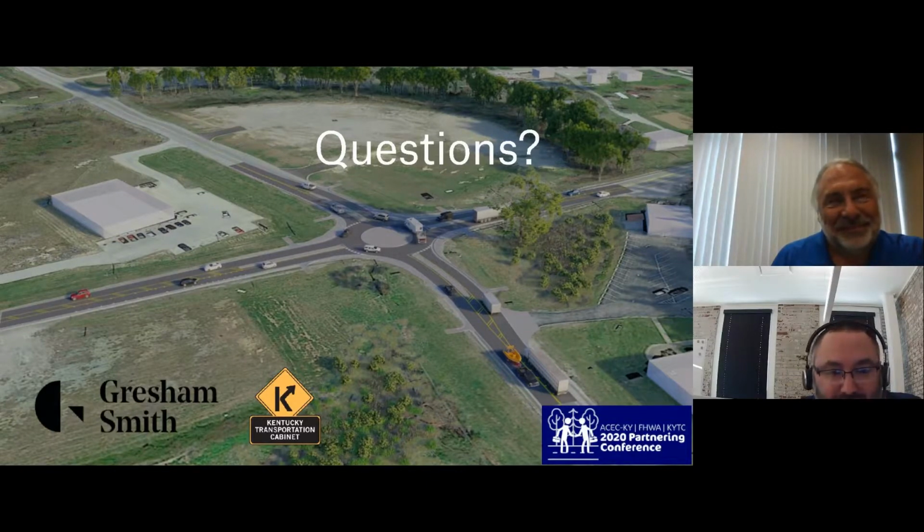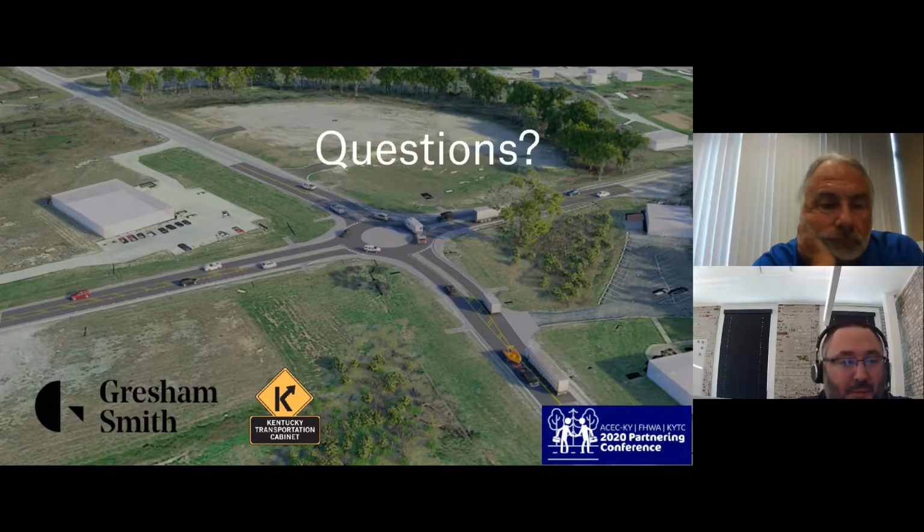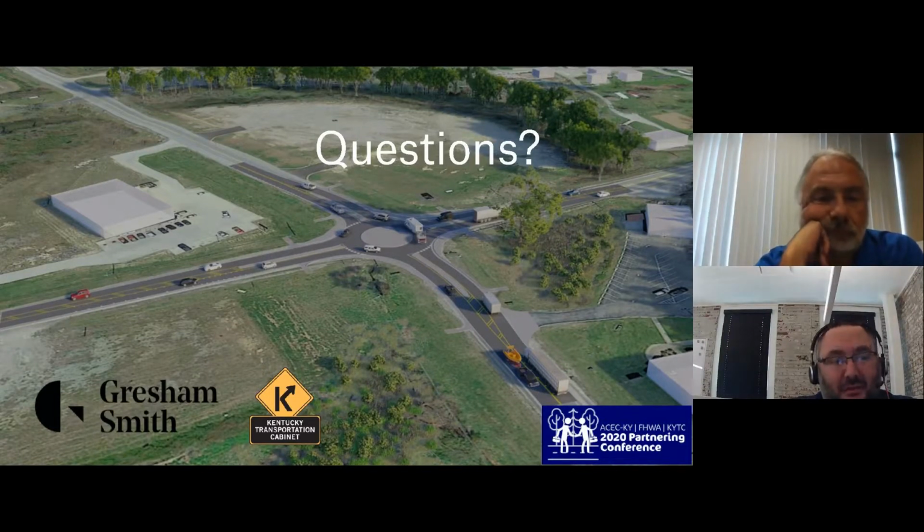Okay, let's see. Aaron McCown here. Jeremy, the approach angles of the roundabout are pretty straight on. Did you implement any other speed scrubbing measures to reduce speed upon approach if the speed was an issue? So the main thing we did in approaching the roundabout, from further back, we maintained, actually freshened up, the existing thermoplastic rumble strips. We added the speed bars, the block striping on the inside and outside edge of pavement approaching from each leg. And then as you get to the roundabout, the geometry there was